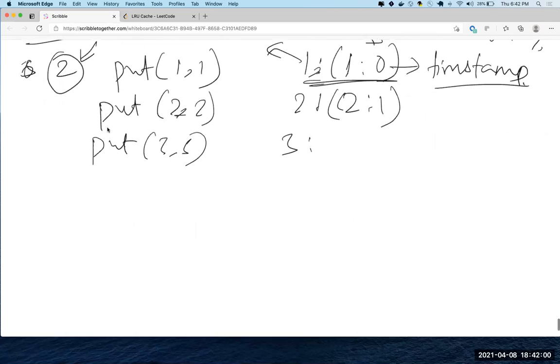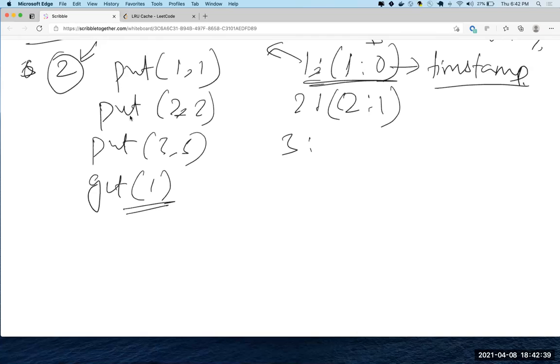Yeah. And if you do a get also, you have to change the timestamp to the current one. That is what a least recently used cache means. Because you're just getting it now, so it's a fresh thing. If you have photos and you're using them again and again, they become fresh. Since you used it just now, you won't remove it, and the photo that has been very old, you can evict.